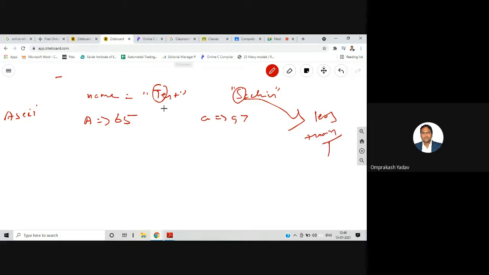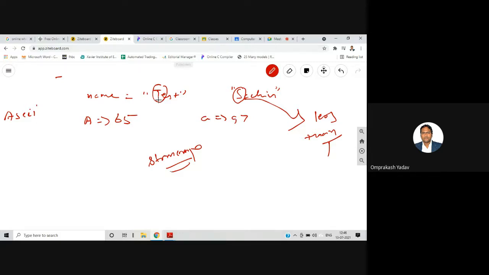Hence, when the strcmp function compares both strings character by character, the moment it gets a difference, it will say that that particular string is greater or smaller.